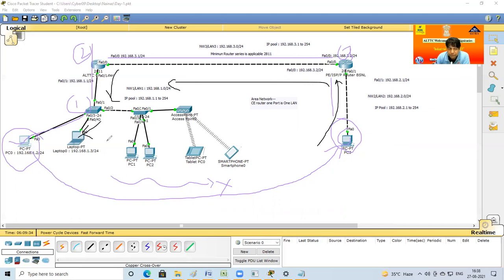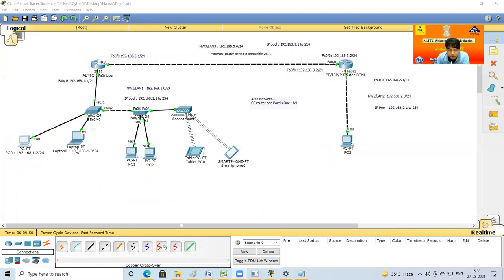The communication between two computers, PC0 to PC3, is possible only via this port. Another port is never required. This applies not only to this single computer but to the laptop, the tablet, everything. For every computer there is only one path. This is the main path. The router port is known as the gateway. The gateway is the one location through which your communication goes outside your own LAN, your own network.